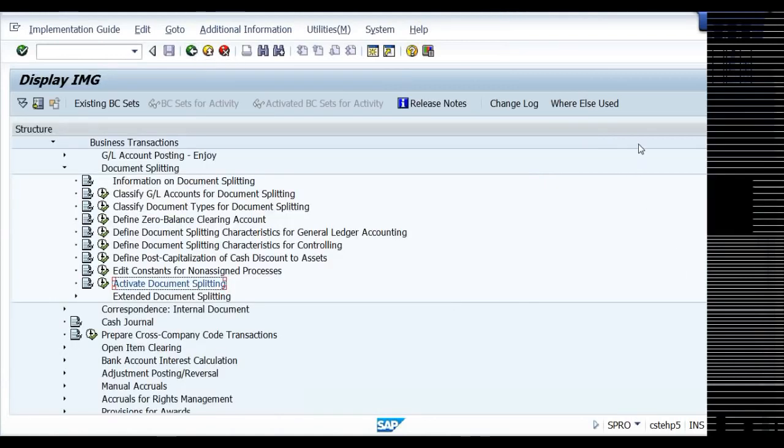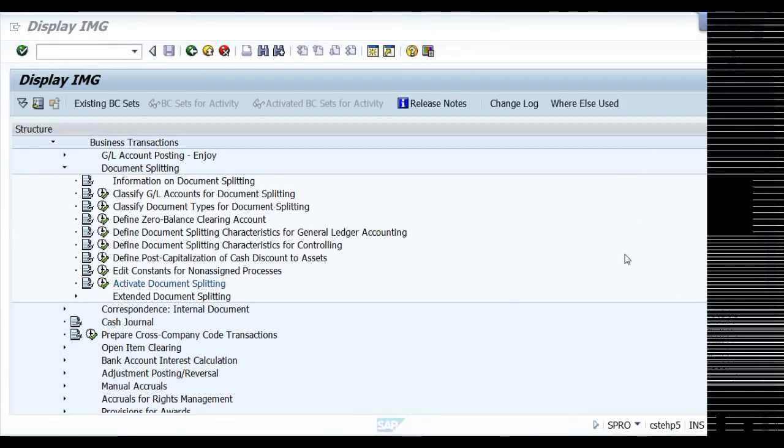Should document splitting be deselected at this juncture? Yes, at this juncture, because once we do the configuration for document splitting, then only we'll activate it, not now. We have the new GL topic coming.